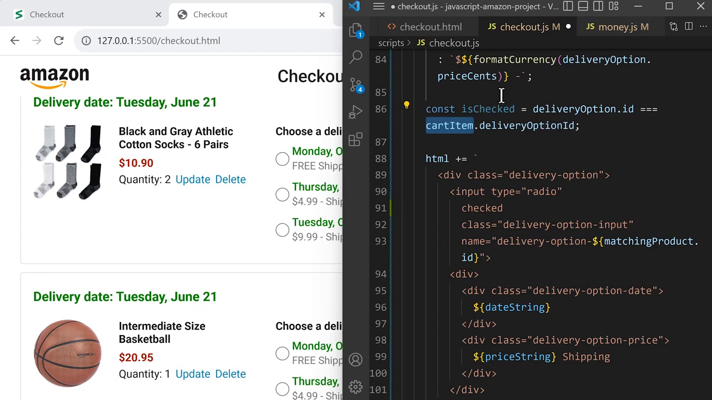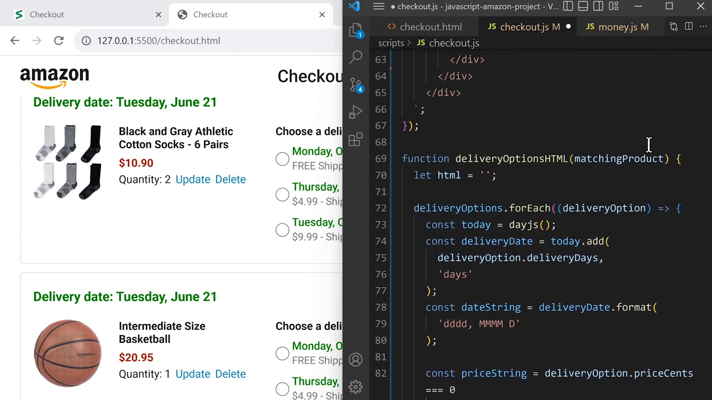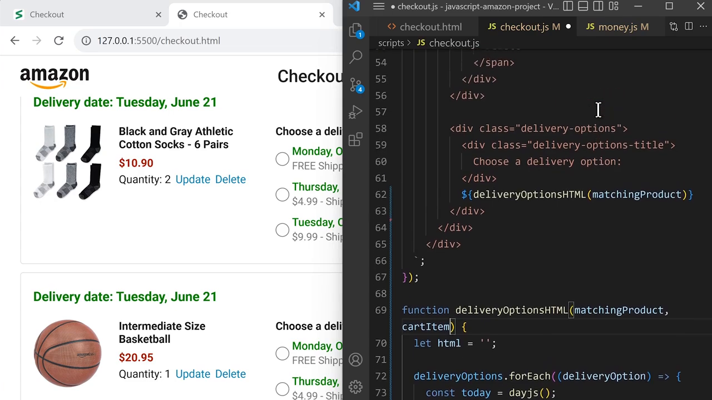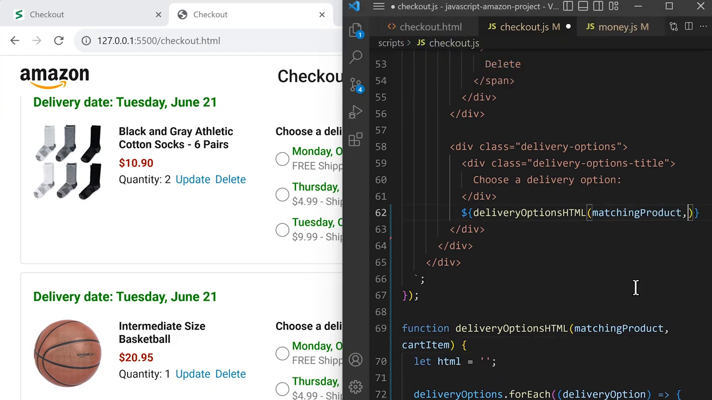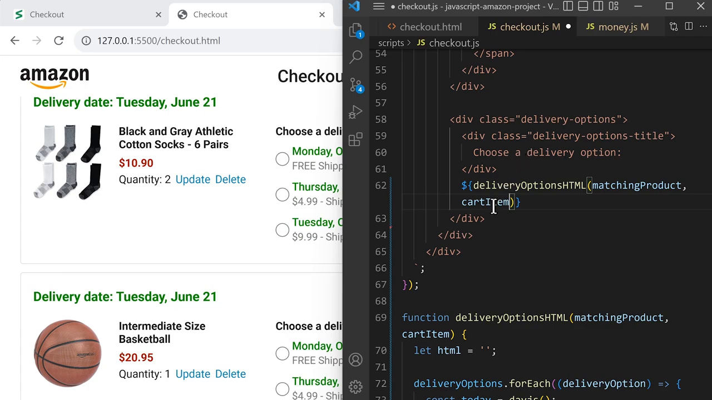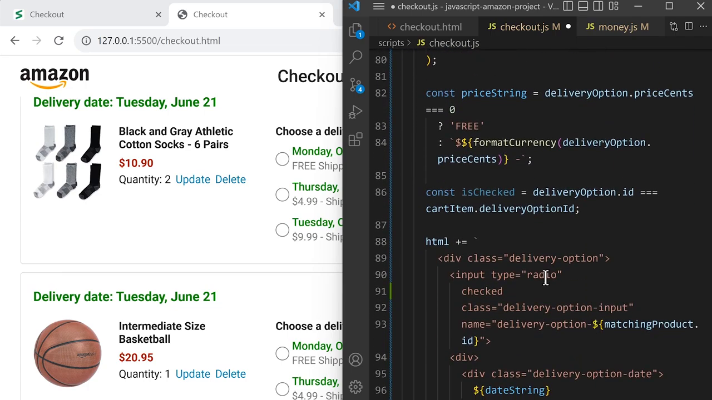Now inside this function, we actually don't have access to cartItem. So let's actually pass it in as a parameter, cartItem, up here. And then when we call the function, this outer function has access to the cart item. So we're going to give it the cart item. So we're going to put it into this function, and then we can use it down here. So now that we have this variable,